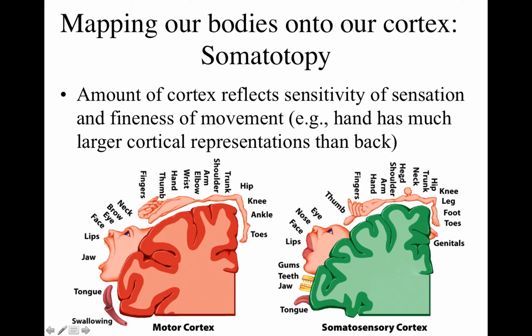One of the things you'll notice is that the size of a particular body part, like your back, which is a big part of your body, actually has very little real estate on either cortex, right? That would be somewhere in this area. It's not the size of the body part that determines how much of the cortex is assigned to it. It's your ability to move that body part, in the case of motor cortex, or the fineness of sensation in that body part,